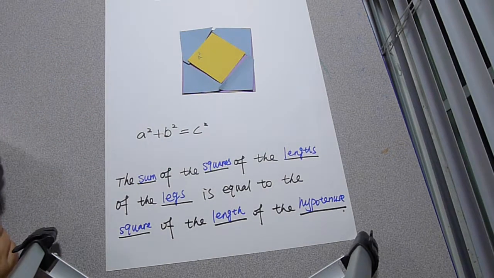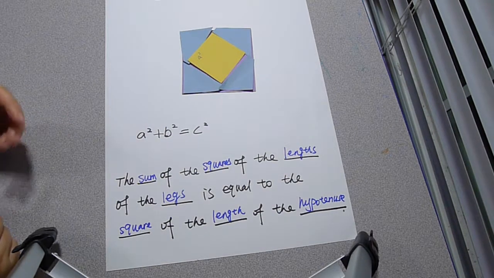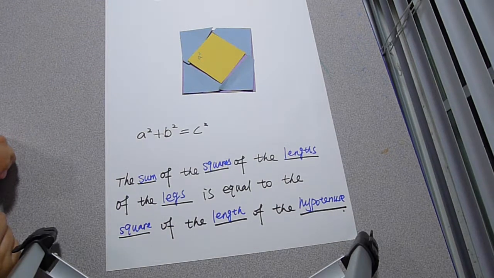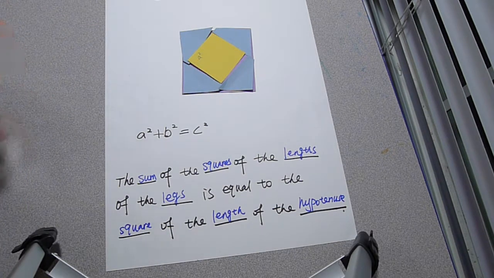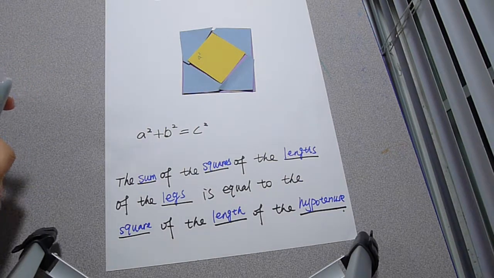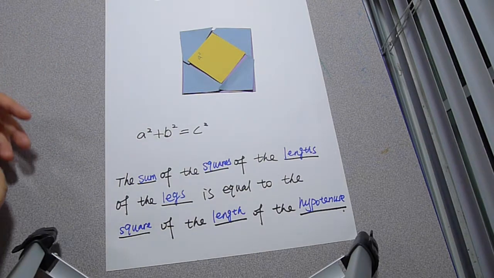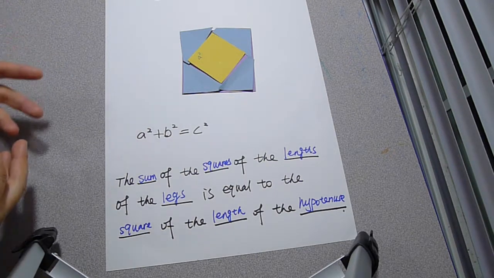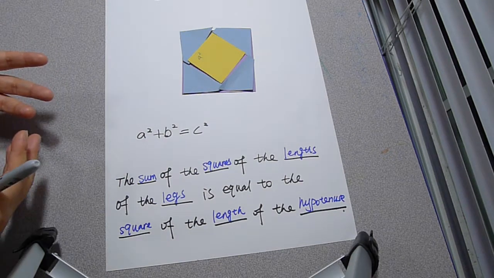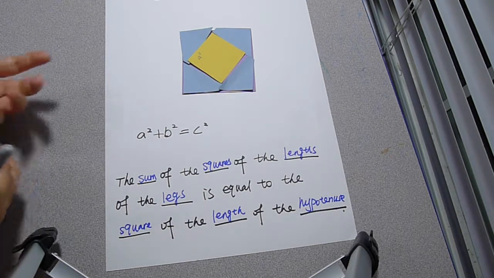So this is how I plan to teach the Pythagorean theorem. What I like most about this lesson plan is that instead of the teacher directly feeding students the knowledge, students come up with the equation and the definition by themselves by working on hands-on activities. And I believe students will have a better understanding of the Pythagorean theorem